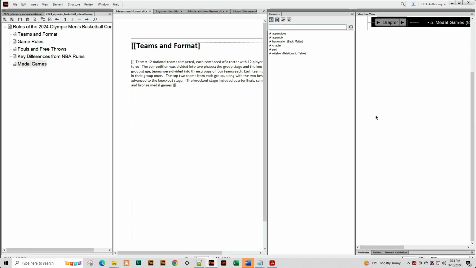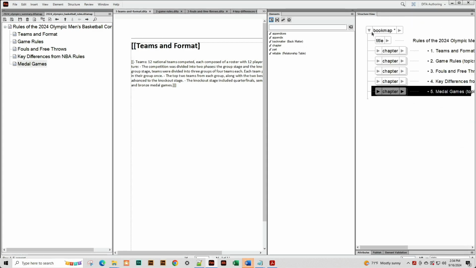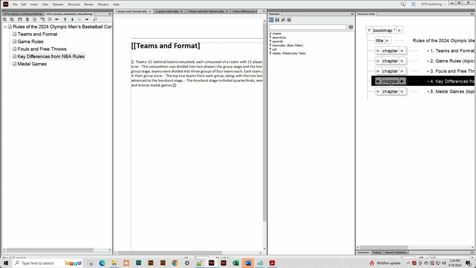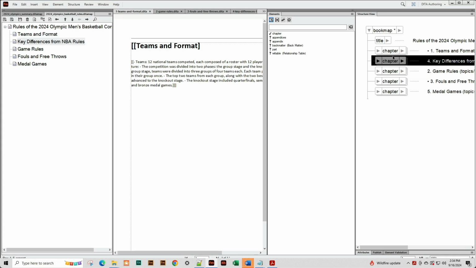And just as a reminder, we've got our book map file, we've got a series of chapter files. But let's say we want to start reorganizing our content. If I take this chapter, Key Differences, and I move it to the second chapter right here, I may want